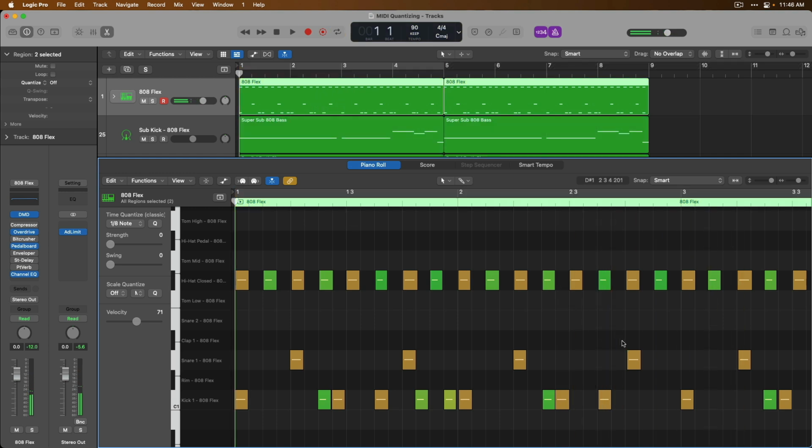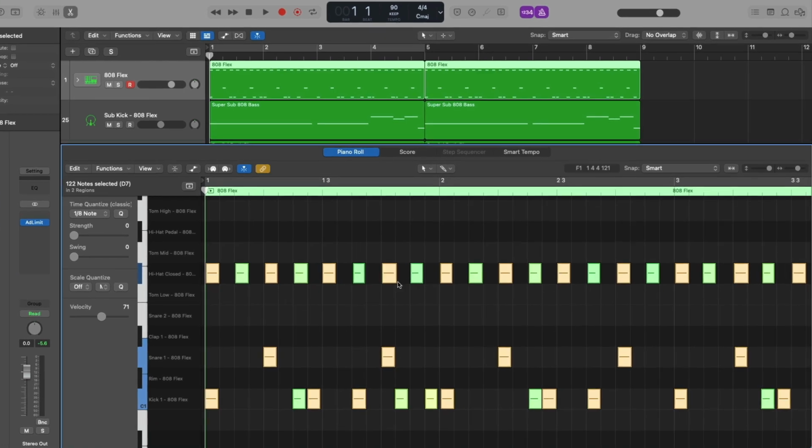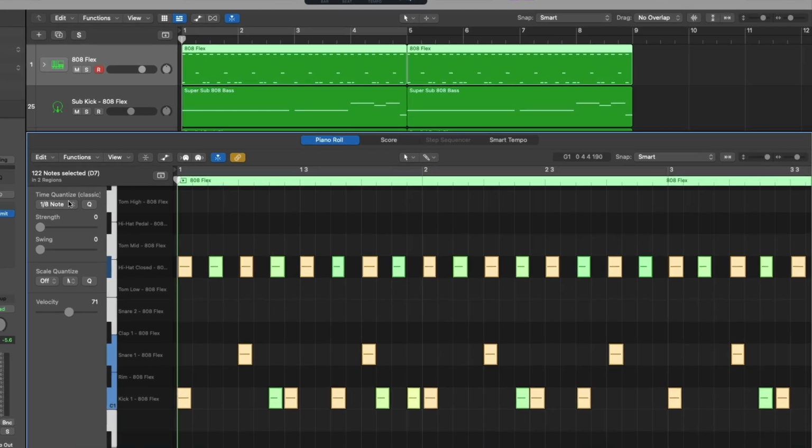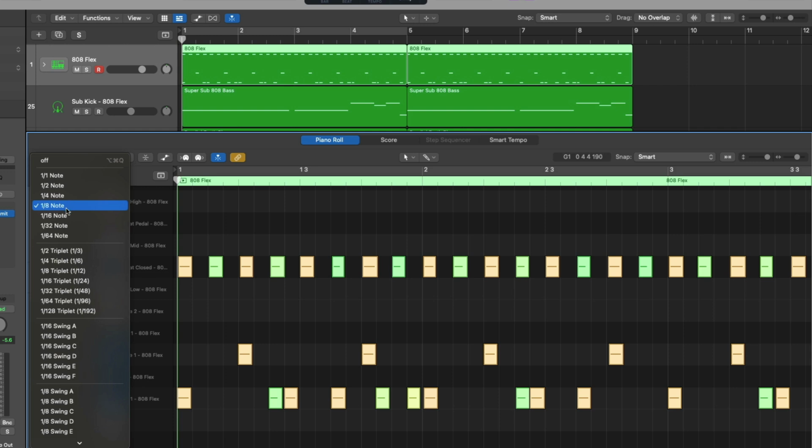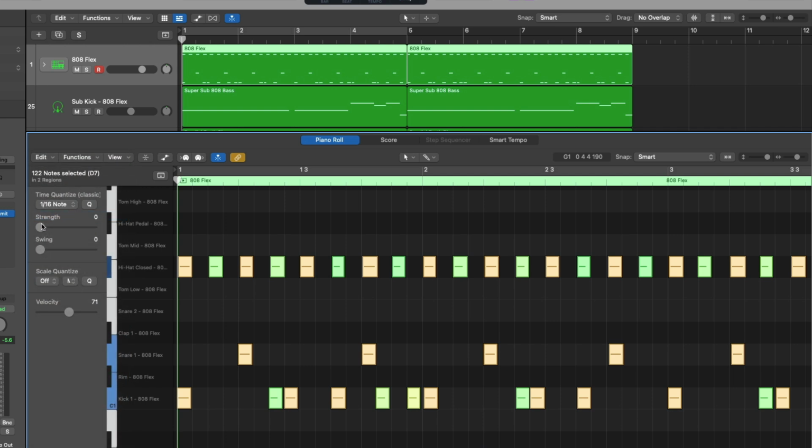All right, so more or less everything sounds pretty good, but over here the snare and hi-hat didn't quite land with the metronome. So of course, once again, we could select all notes, go up to the time quantize value, and I'm going to set this to that of a 16th note value. That would be most appropriate for this performance. And we can then adjust the strength slider till every note is exactly on the grid. And if we take a listen,